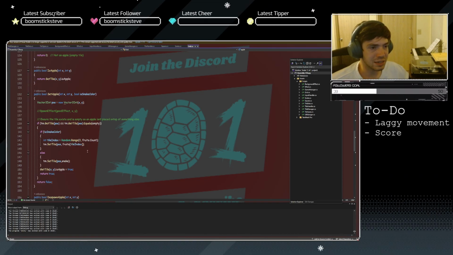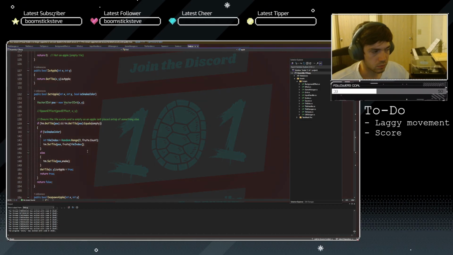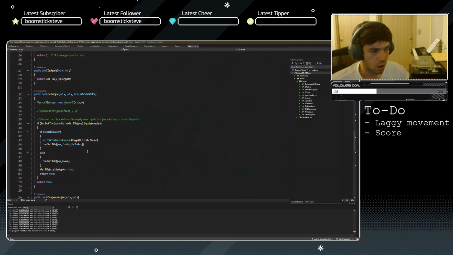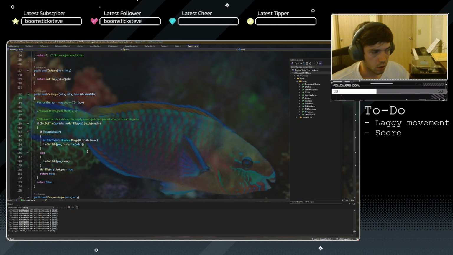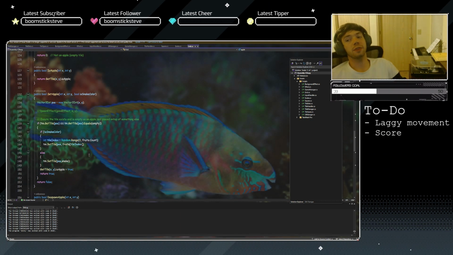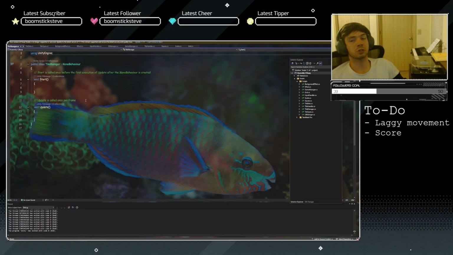So this is going to need to get the material from the type. So we could theoretically just plug the tile manager into this, but also if we just do